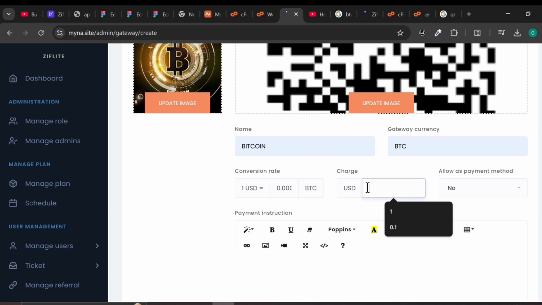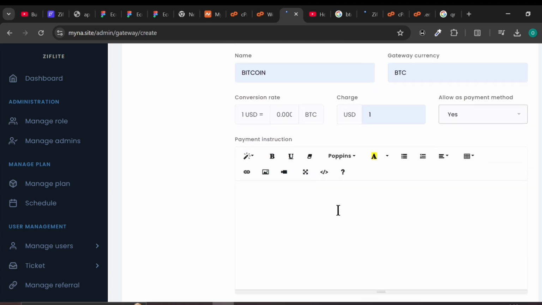Do you have charges? How much do you want to charge in USD? So I'm going to be charging $1 for every transaction. Allow payments, allow as a payment method. So make sure to click yes once you want to activate this. So here you have to put your instruction. So I'm going to put, pay to the following BTC wallet